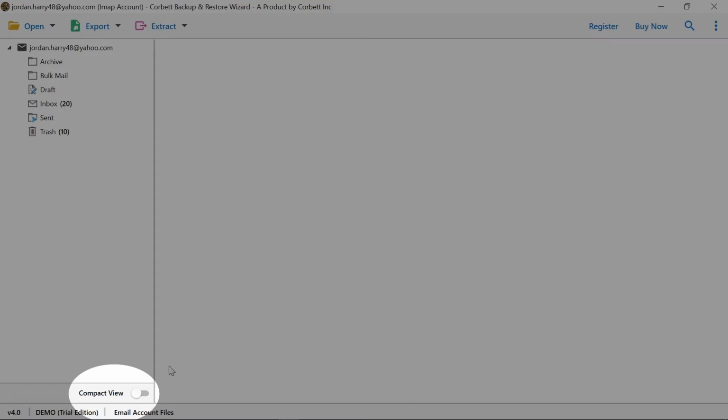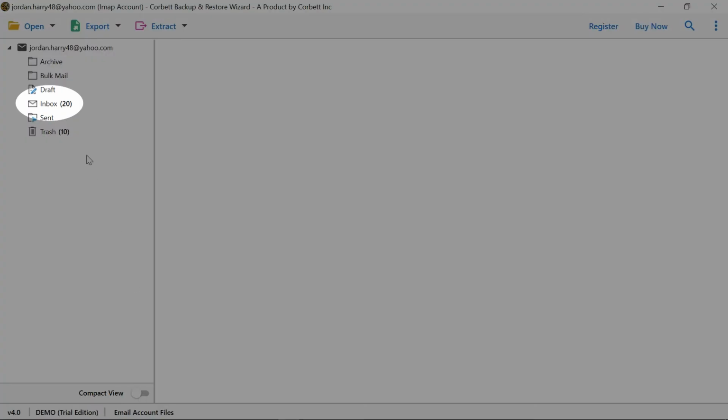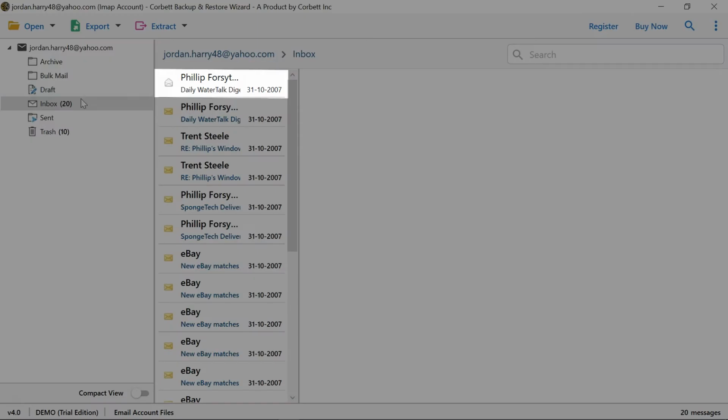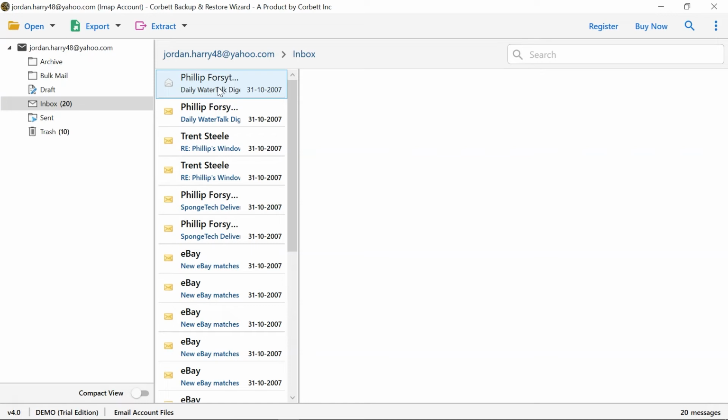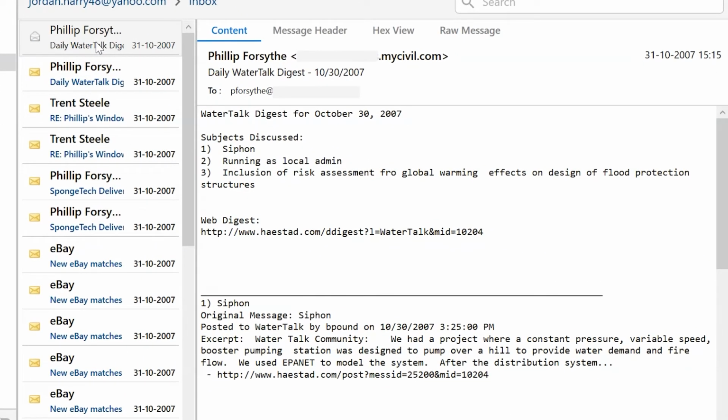You can enable the Compact View button to view the important folders for the migration process. Select the required folder in the software, and it lists all the emails in the panel. Now click an email to view the message preview. This way you can preview the email message with all the elements such as the email's properties, signature, sender information and